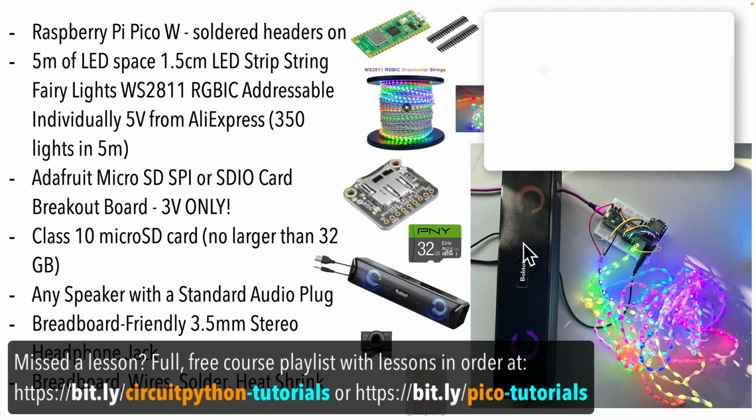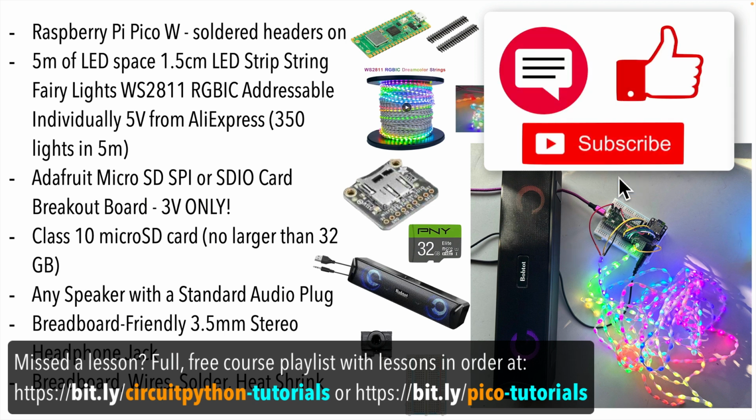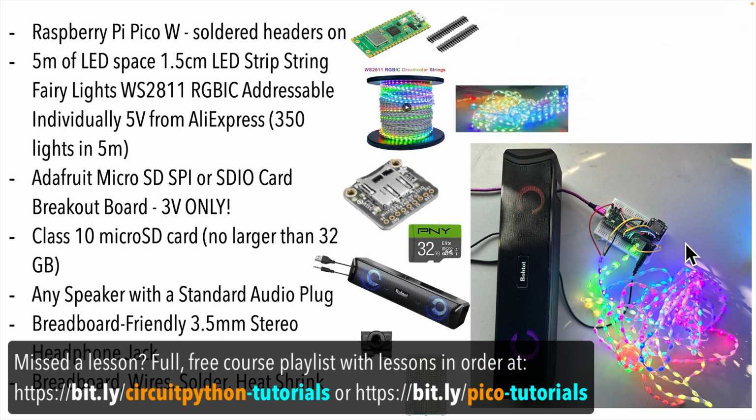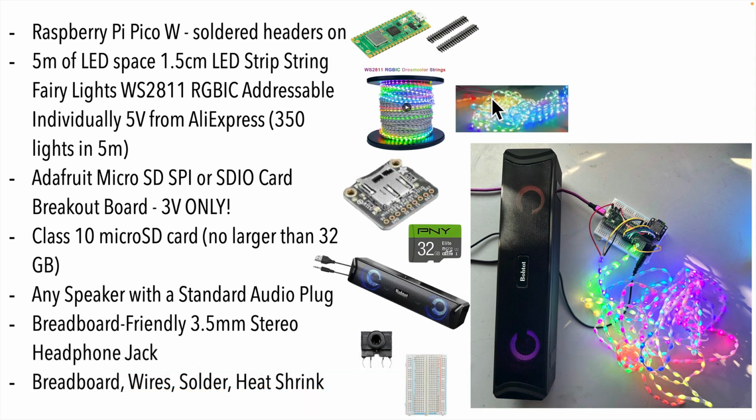Now here are the components that I've used for one of the subscribers that I'm showing here. So this one will play WAV files from a speaker and run an animation on a strand of LED lights. So I've used another Raspberry Pi Pico W with headers soldered on. I got this string of 5 meters of NeoPixel compatible LED lights from AliExpress. You'll have to solder wires for power, signal, and ground, but I think that these lights are really nice. There are a lot of them with a great density,